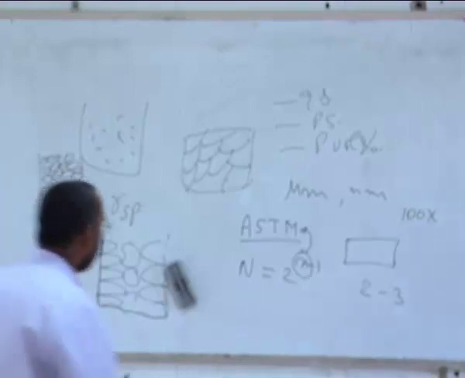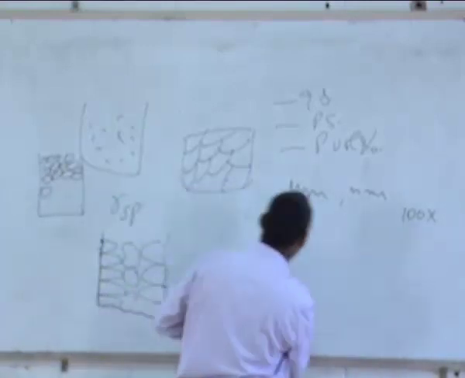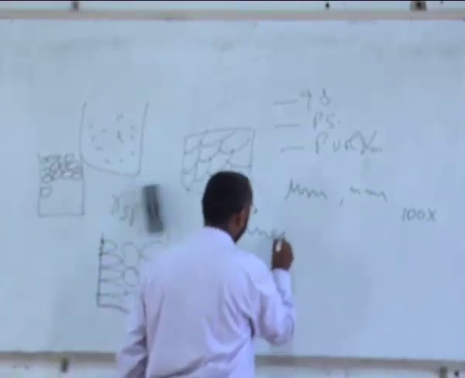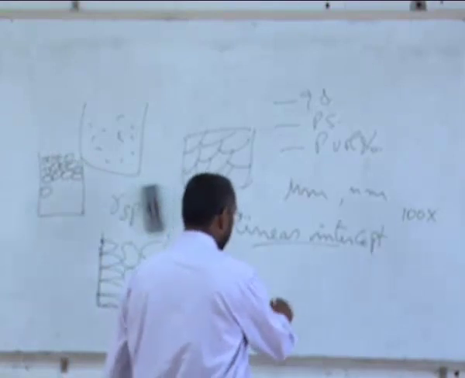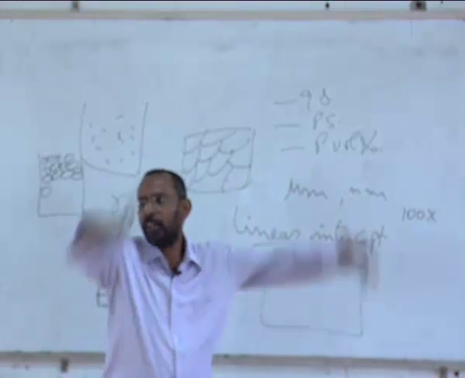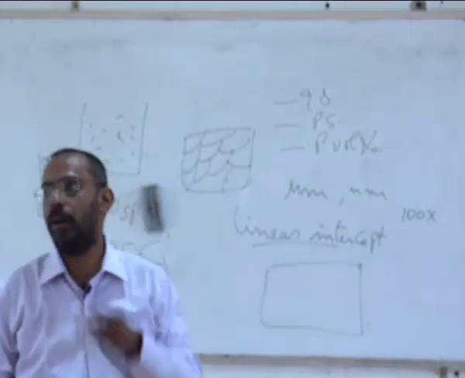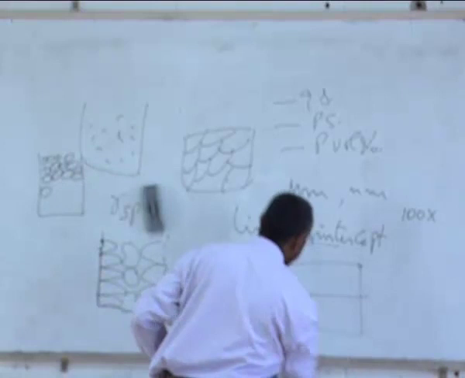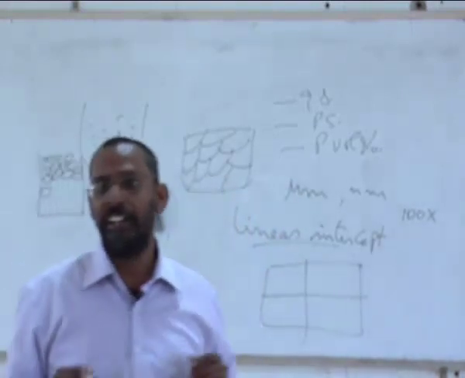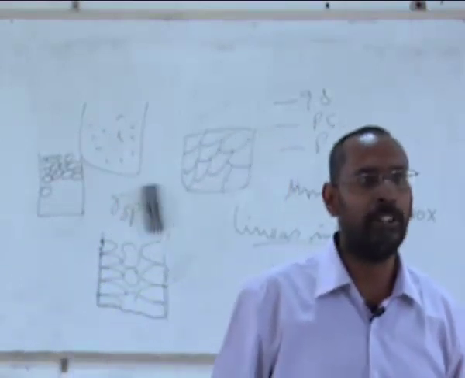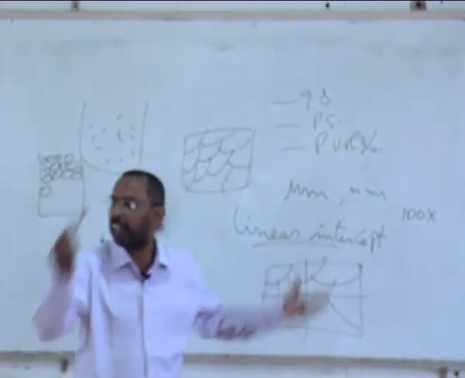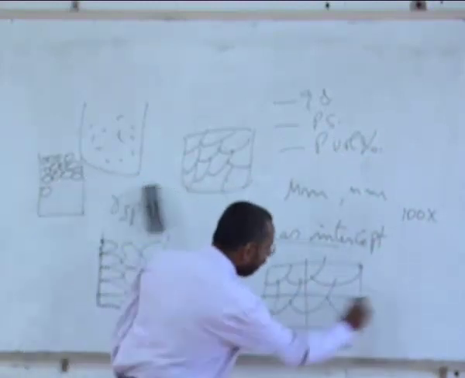So for that, we use a different technique, no comparison techniques. It is an actual measurement technique, which is called the linear intercept technique. What I do is, on an eyepiece, in a viewing area, whether it could be square or circular, most of the viewing areas are circular, for example, in that area, I draw a line, many a time even 2 lines. If you look in the eyepiece, you would have seen 2 lines perpendicular to each other. And now if I have my grain size like this, and another sample with another grain size, I count the number of grains across this.